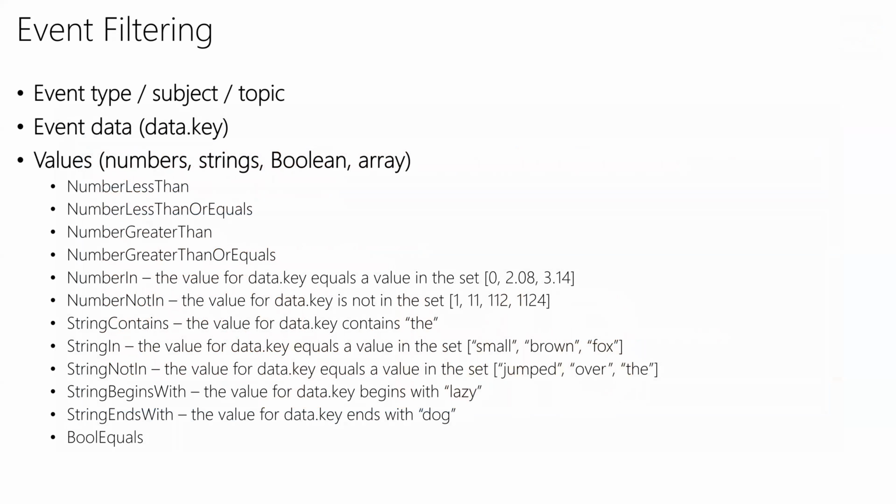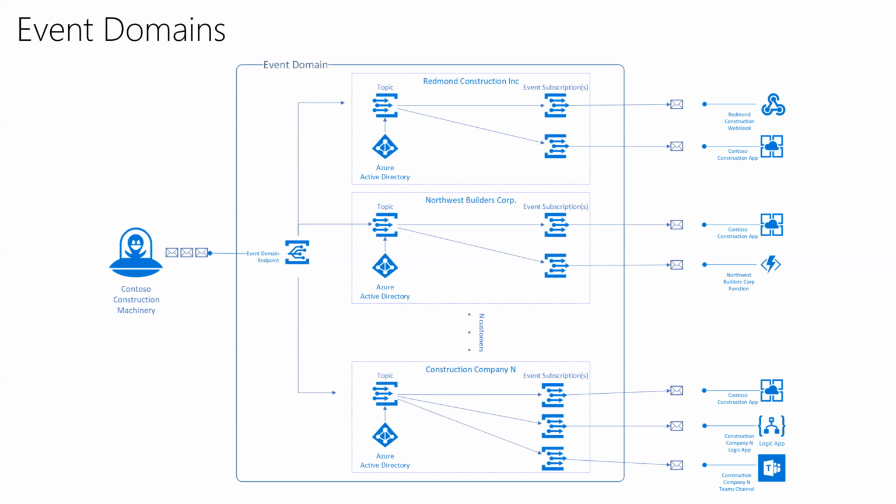Now about filtering, I'm not going to go into the filtering in detail because documentation is there that can explain it all, but you can pretty much filter on any property within the schema that we've seen, including the values in the data. And there are permutations of different functions and possibilities. Now, event domains is an interesting feature with Event Grid, which simplifies publishing. And probably the question is, why do I need to simplify publishing of the events?